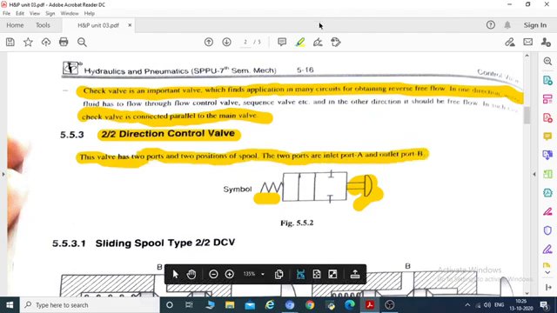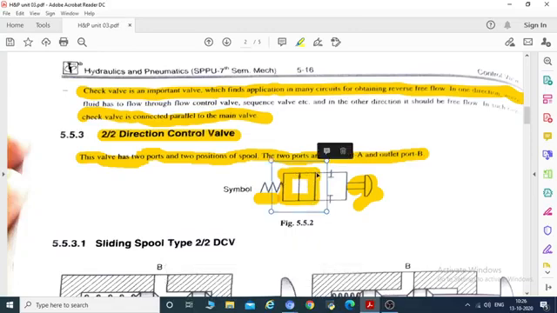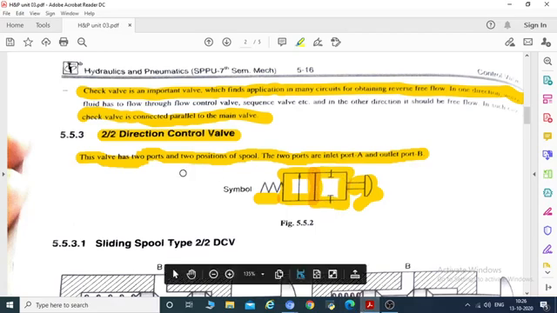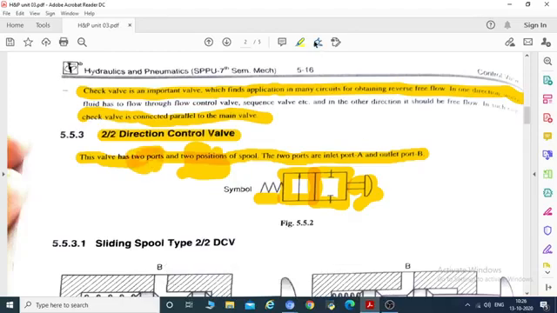So just see here, this is position 1. I am explaining this rectangle as position 1 and this rectangle denotes position 2. Okay, so this is clear, this has 2 positions, and where are the 2 ports or 2 ways? Just see here.